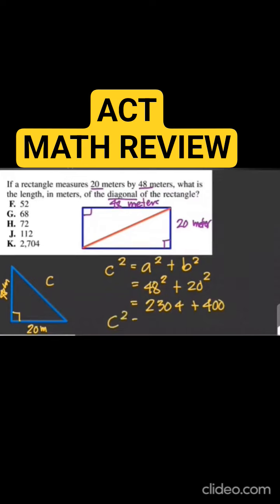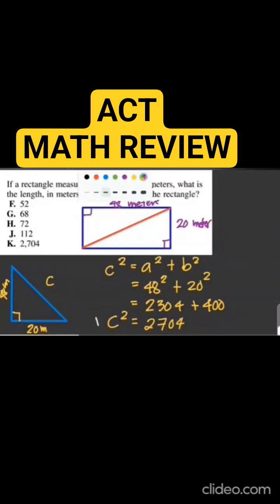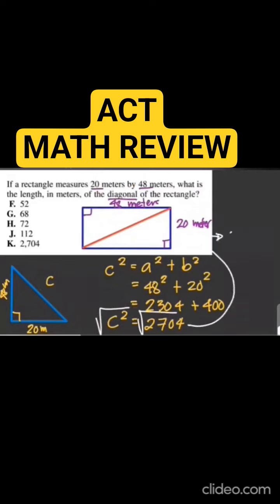So c squared is just equal to 2,704. And then we get the square root of both sides to get the value of c. And c is just equal to the square root of 2,704. And the square root of 2,704 is just equal to 52. Therefore,